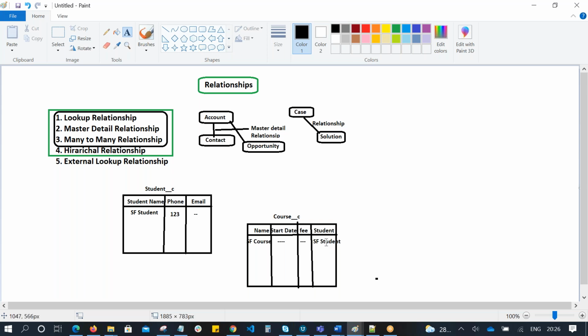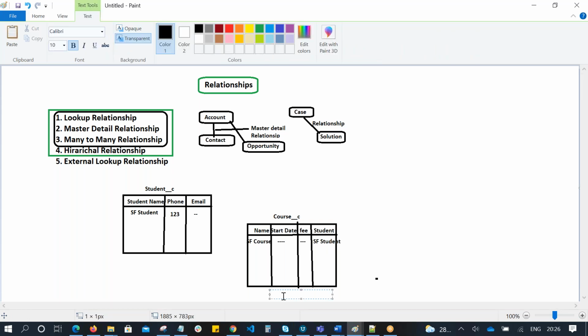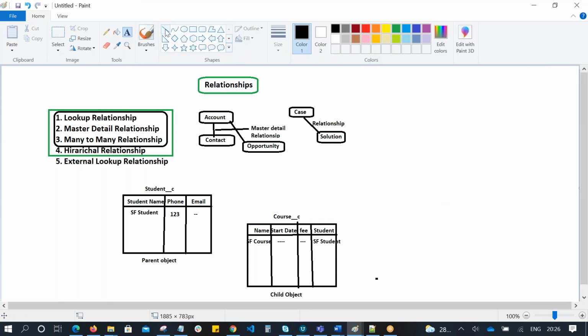While creating a course, we can then select the student. Let's consider course is the child object and student is the parent object. So there should be a relationship between student and course.